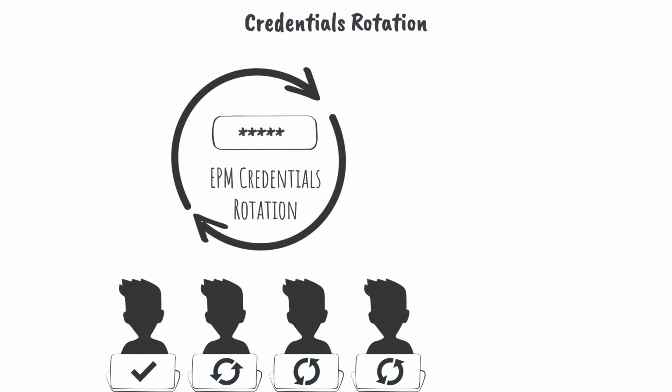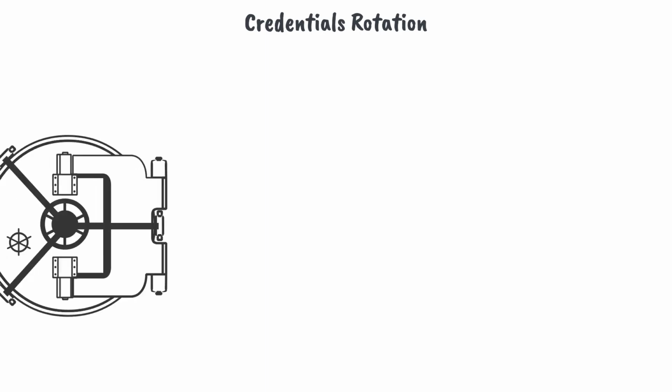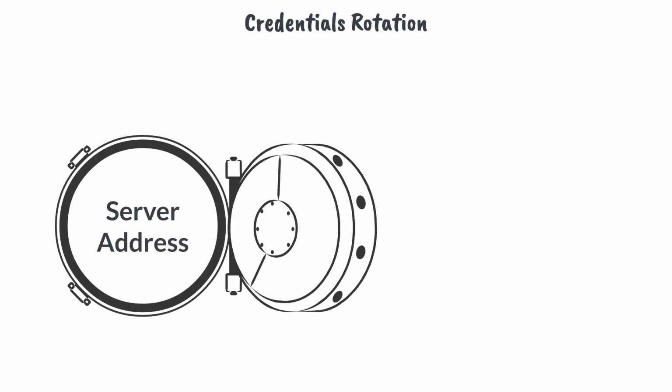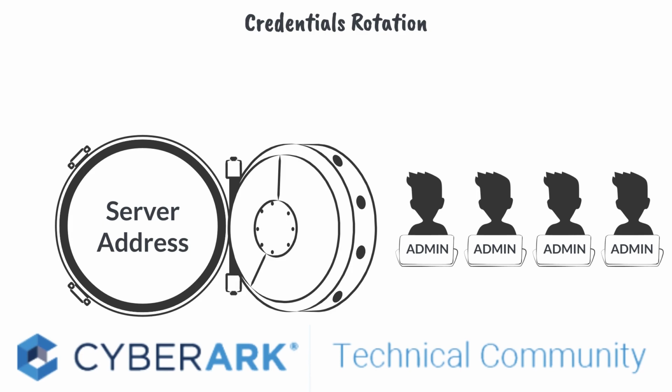EPM is also able to rotate all local administrative accounts, as opposed to some other solutions that only allow you to rotate the built-in local administrator, such as the SID 500 account in Windows. To enable this policy, you need to provide EPM with a few pieces of information, such as the password vault web access server address and the target users or computers whose local admin passwords you want to rotate. To find an in-depth guide on configuring loosely connected devices, please check out our success blogs in the CyberArk customer